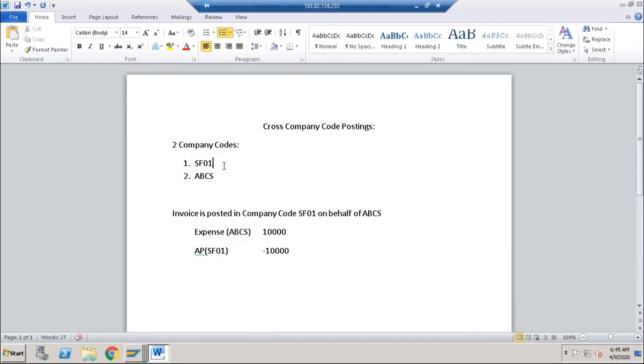For company code SF01, because it is booking the invoice on behalf of ABCS, ABCS will become the receivable for SF01. So if I add two more lines here, since SF01 is booking ABCS expenses, for SF01 it would be intercompany receivables.